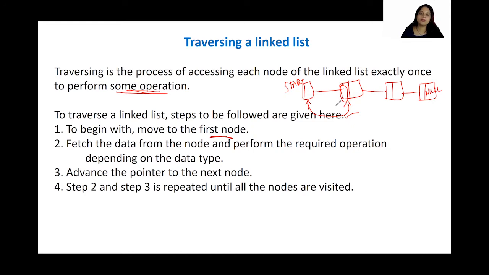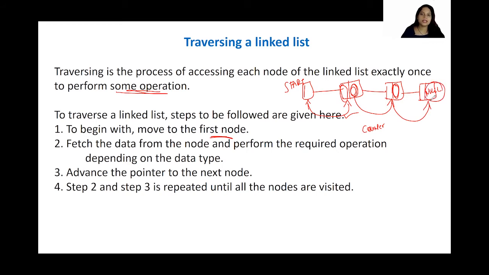In the case of printing, we can print the data of each node. In case of counting, we can increment our counter, isn't it? So that's what we did in the last program. It can be any operation. Once we do that, we use the link of that node and move to the next one. Similarly, we use the link of that particular node and move to the next one until we reach a node whose link is null.